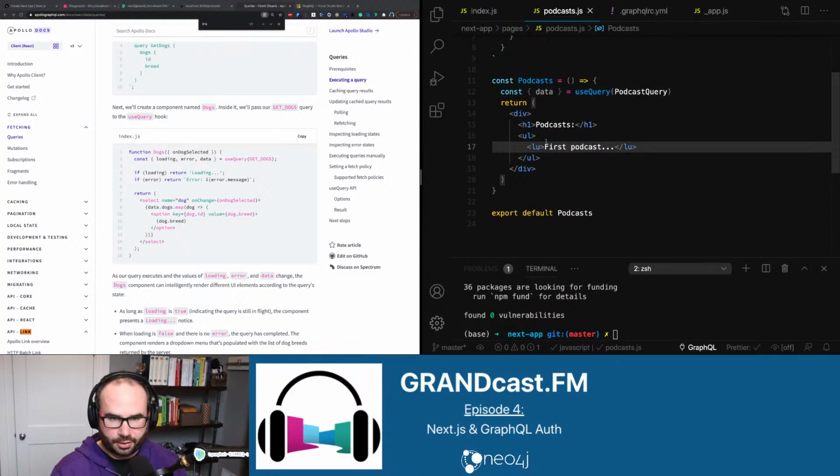And then in our unordered list, LU, that should be LI for list item. Not sure what LU is. Then here, we're going to say, okay, if we have that data object, then for each object in the podcast array,